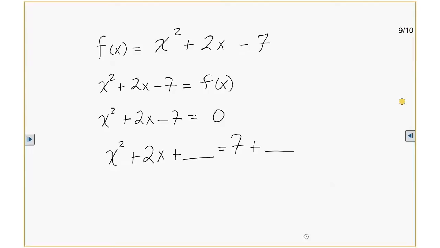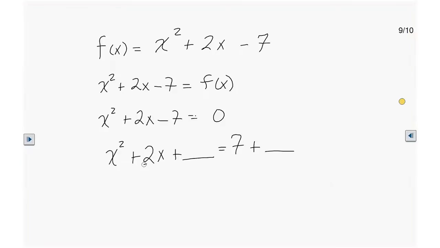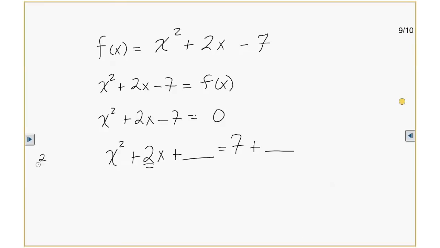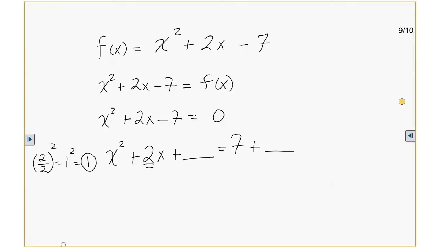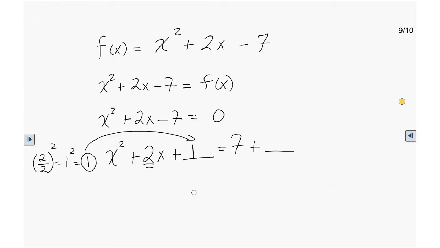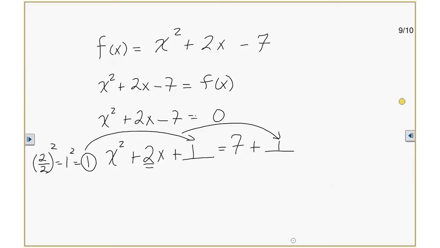So what is 2? 2 divided by 2, there's B. 2 divided by 2 squared is equal to 1 squared, which is equal to what? And that 1 goes here and here. That's some hard math. You might need to use your calculator to figure that out. Now, on the left-hand side, right here,